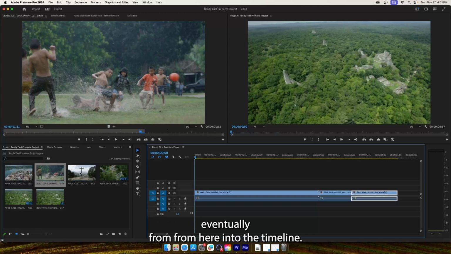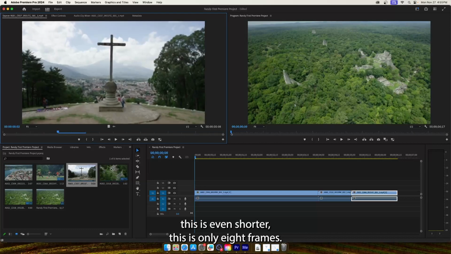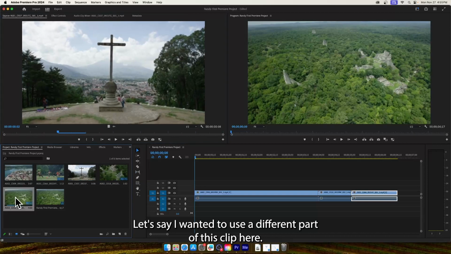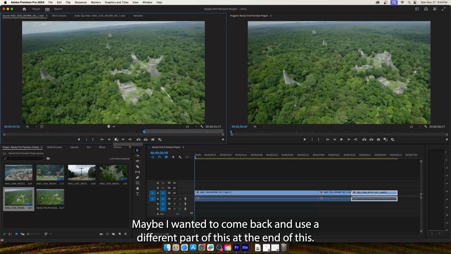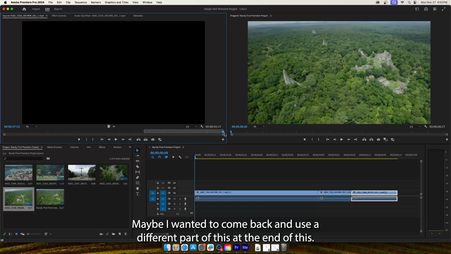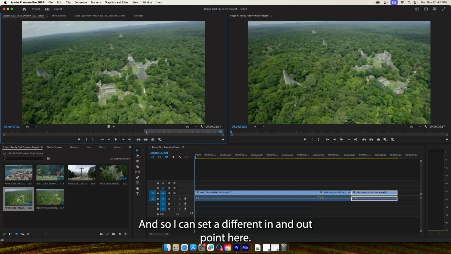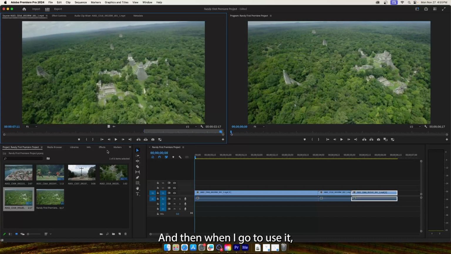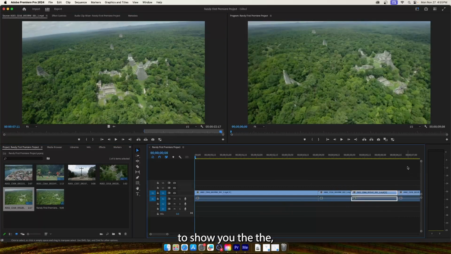So for instance, this is even shorter, this is only 8 frames. Let's say I wanted to use a different part of this clip here. So notice that I've got that in and out point there. Maybe I wanted to come back and use a different part of this at the end of this. And so I can set a different in and out point here. And then when I go to use it, I actually can drag from here into the timeline, and it's only going to show you